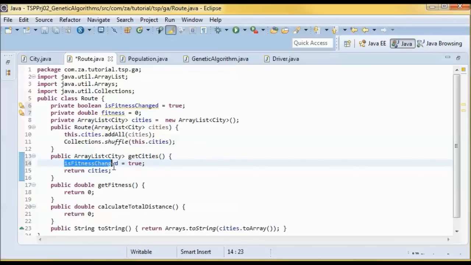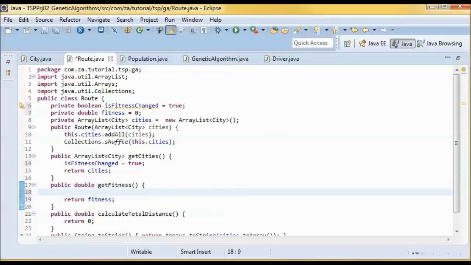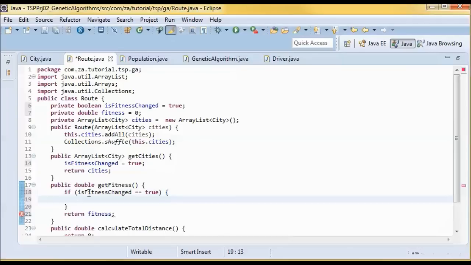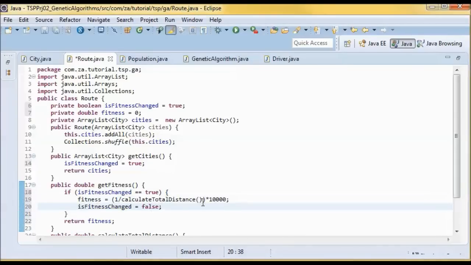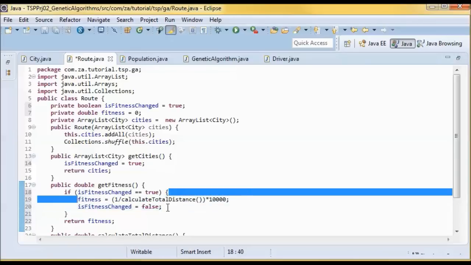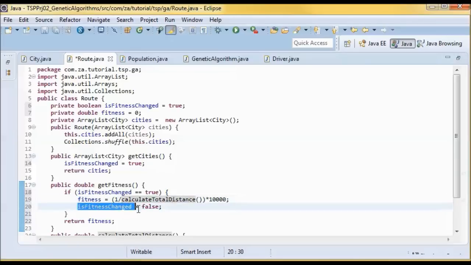So isFitnessChanged is true, and in getFitness I will return the fitness, but before doing that I will check if the isFitnessChanged flag is true, and in that case I will recalculate the fitness and set the isFitnessChanged flag to false.